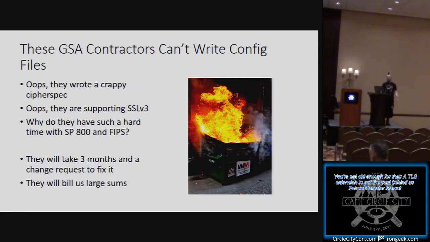I kind of understand why they keep screwing this up and why we still have so many sites that support these things. If you look beyond the Alexa top million, you'll see actually a small increase in the number of sites that support SSL v3, and they're just badly configured small sites, perhaps test endpoints, I don't know. But yeah. Well, I mean, why do they have such a hard time complying with FIPS? That's probably why it's complicated and difficult, and there's no central policy mechanism that is effective at forcing them to do this beyond scanning and filing change requests on them.